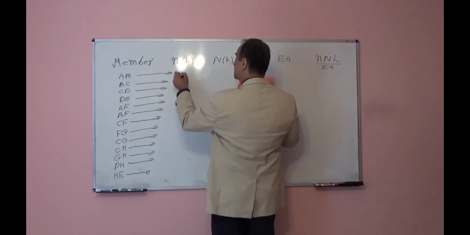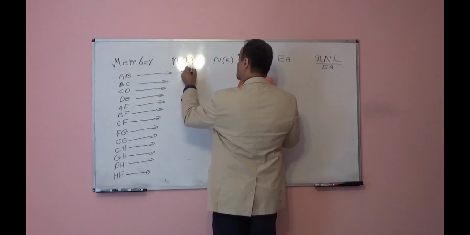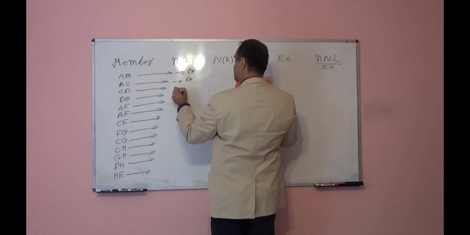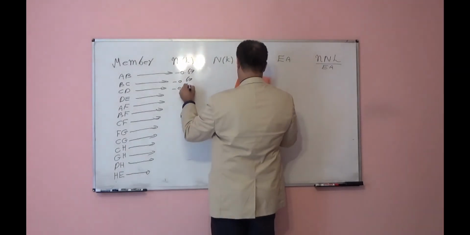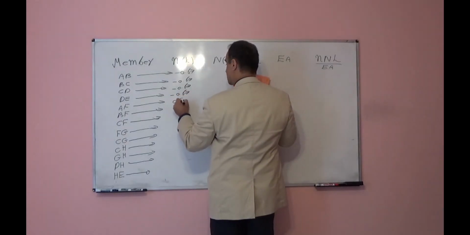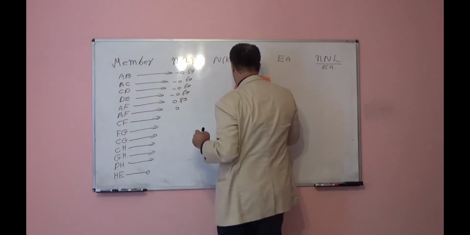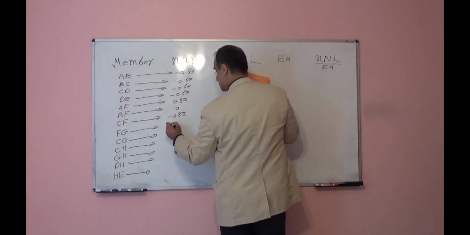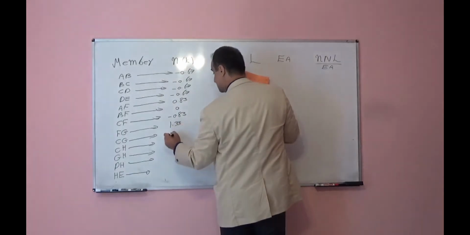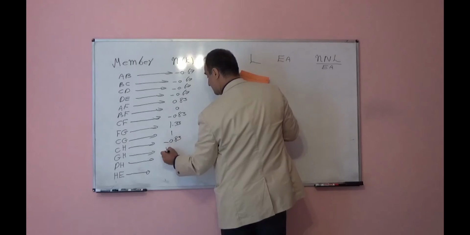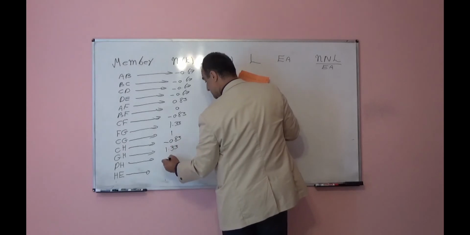It will be compression negative, tension positive: negative 0.67, negative 0.67, negative 0.67, negative 0.67, 0.83, 0, negative 0.83, 1.33, 1, negative 0.83, 1.33, 0,